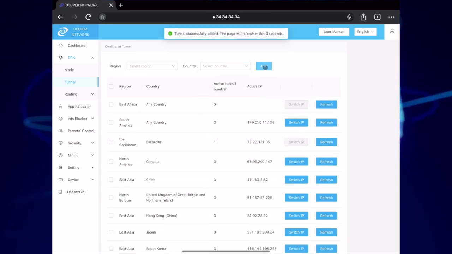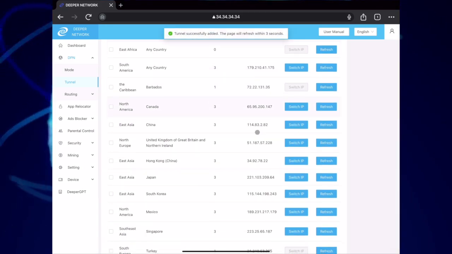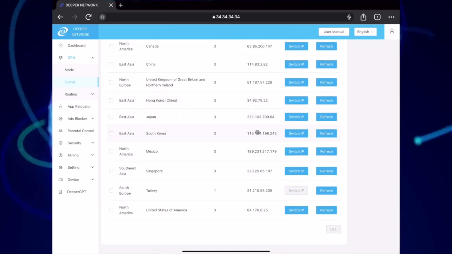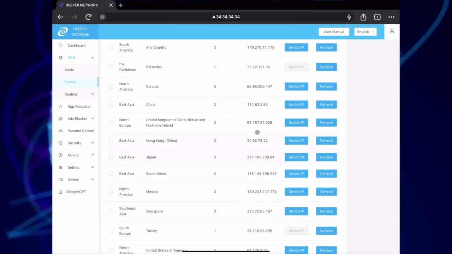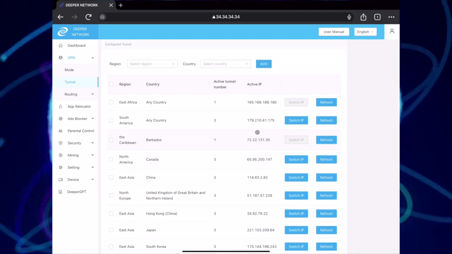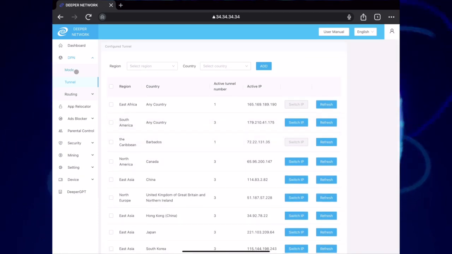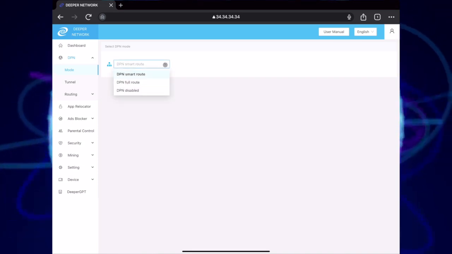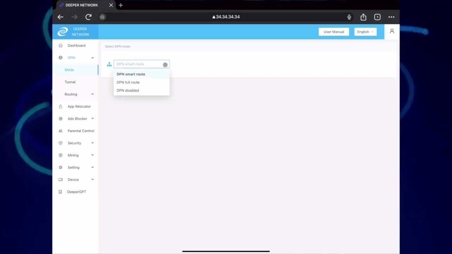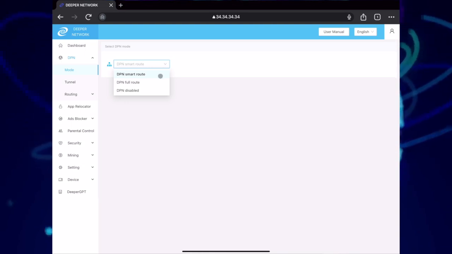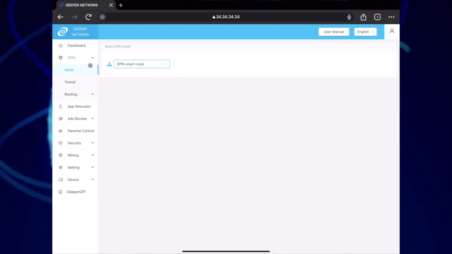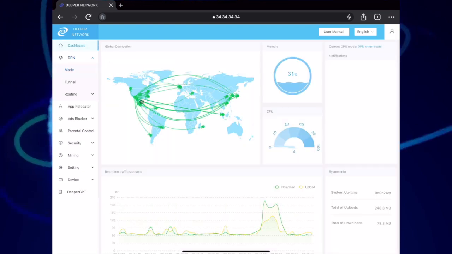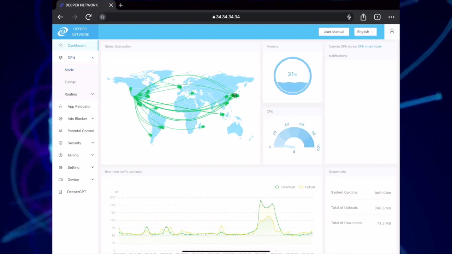Your tunnels will populate over time, and each location will have a maximum of 3 tunnels available at any one time. Once you're happy with your tunnel selections, let's set the mode. Click on Mode above Tunnels, and you will have a selection of 3 choices: Smart Route, Full Route, or DPN Disabled. Smart Route will use all available tunnels to route specific sites and services to your chosen locations, but more